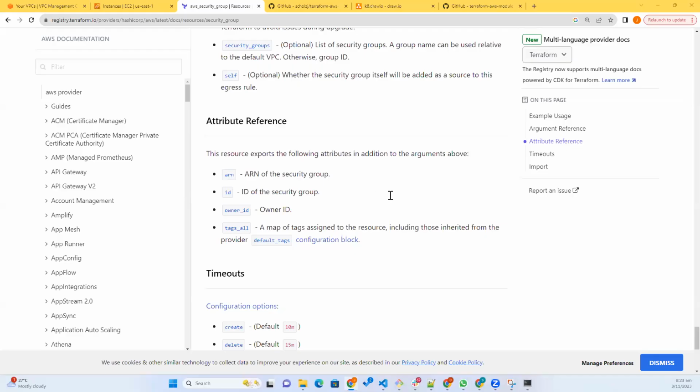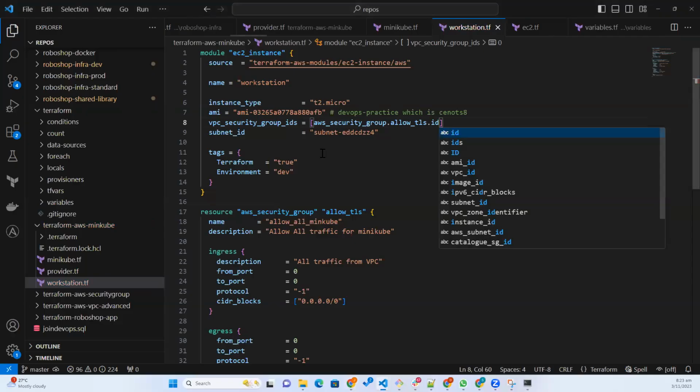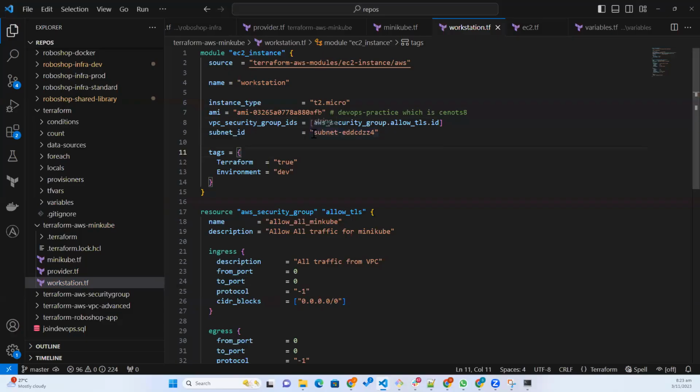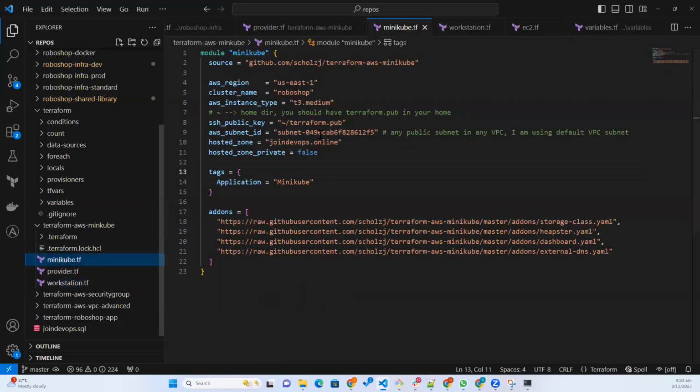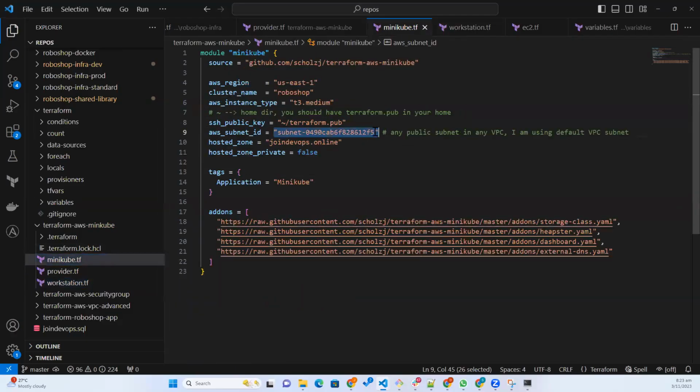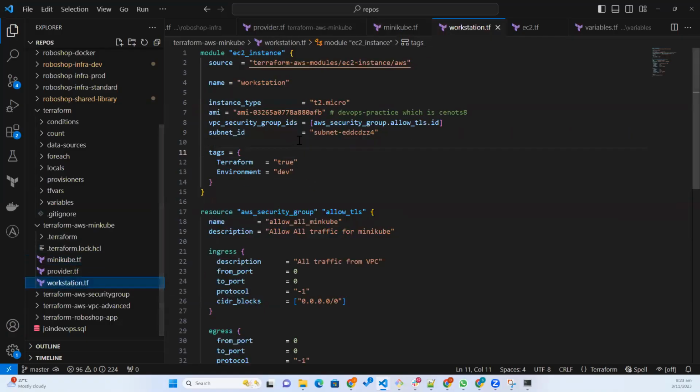Subnet is again this one. Okay, yeah, that's it. So I'm creating the workstation,